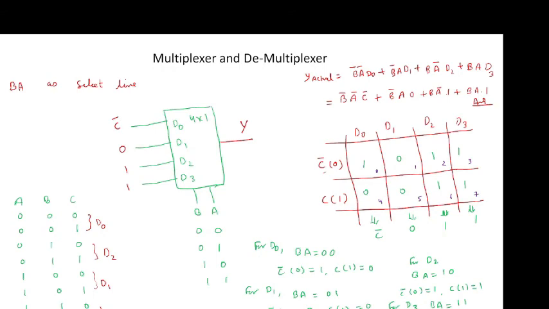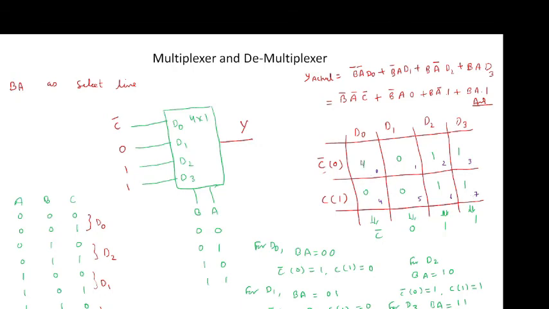Now BA is 1, 1 and C is 1, so it lies on line 7 and 7 is present in the expression, so I will write 1.